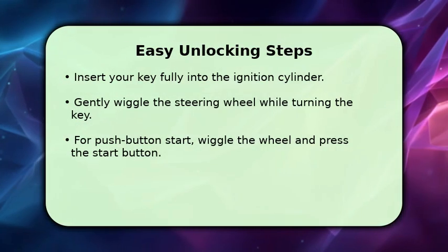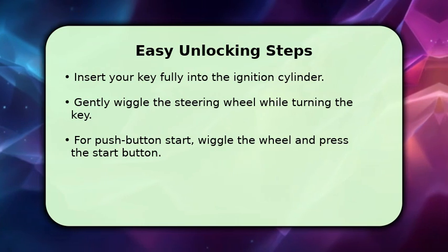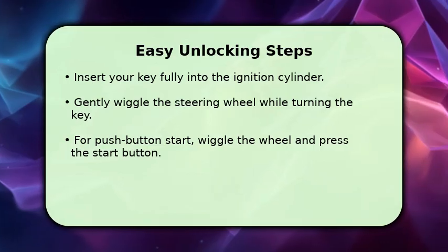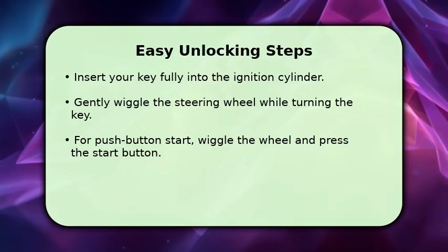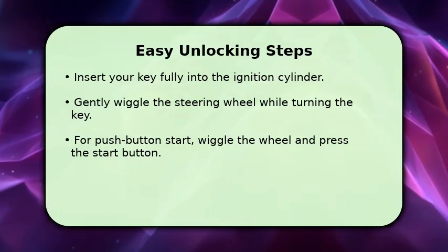Unlocking your Subaru's steering wheel is straightforward. First, insert your key completely into the ignition. Next, apply gentle pressure to turn the key while simultaneously wiggling the steering wheel. You'll notice the wheel has a small amount of play in one direction. Focus your wiggling there. This action releases the tension on the locking mechanism, allowing the key to turn and the